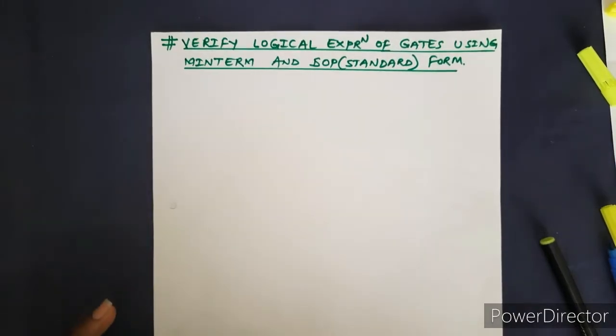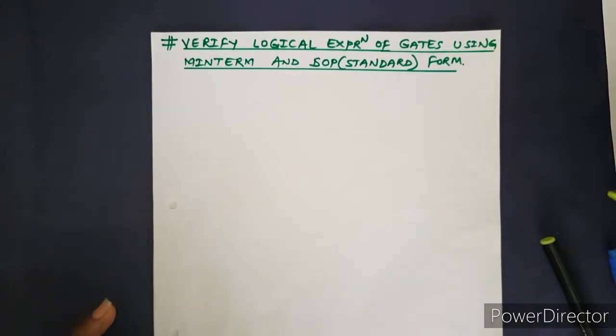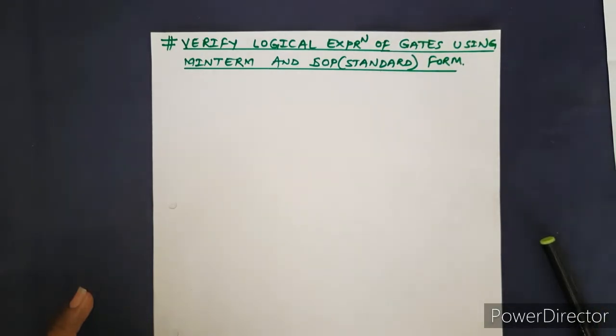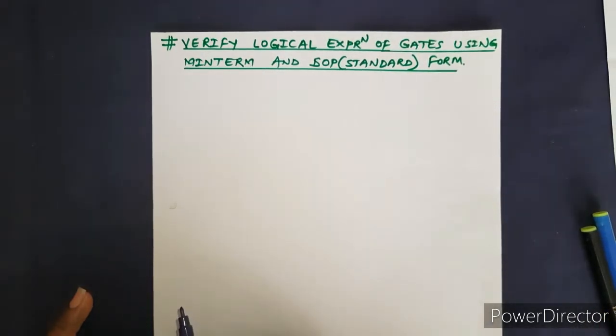So hello student friends, I hope you are understanding the concepts of these min terms and max terms. Just to recall, in the last lecture we had seen how we can form a standard SOP or standard POS expression from a given truth table. And we have also verified the equivalence of SOP and POS. So we can say that for the same truth table we have the same SOP and POS equations, right?